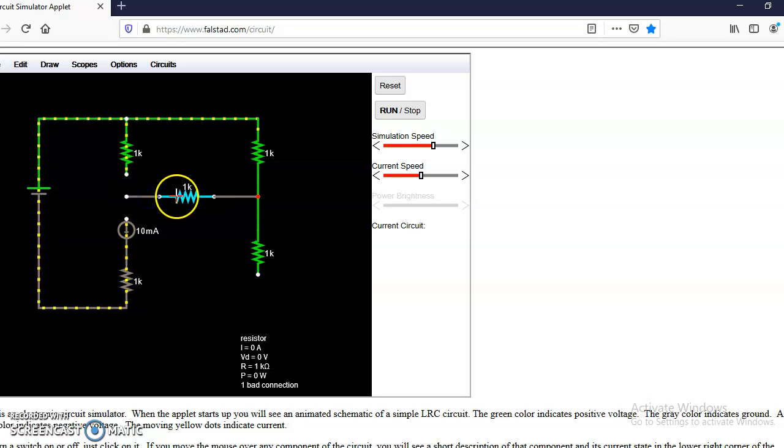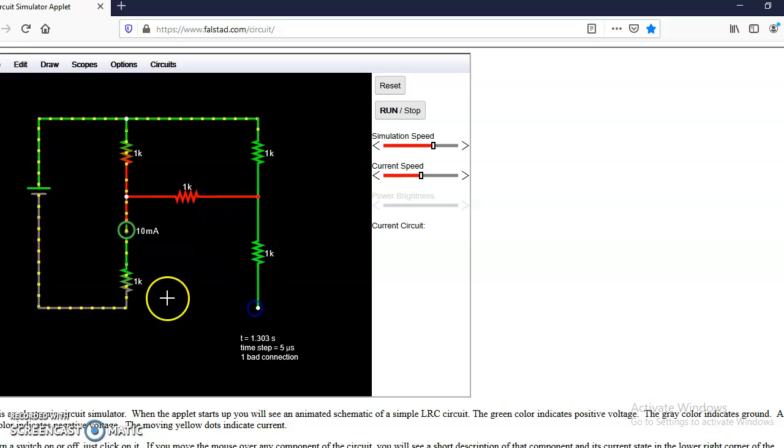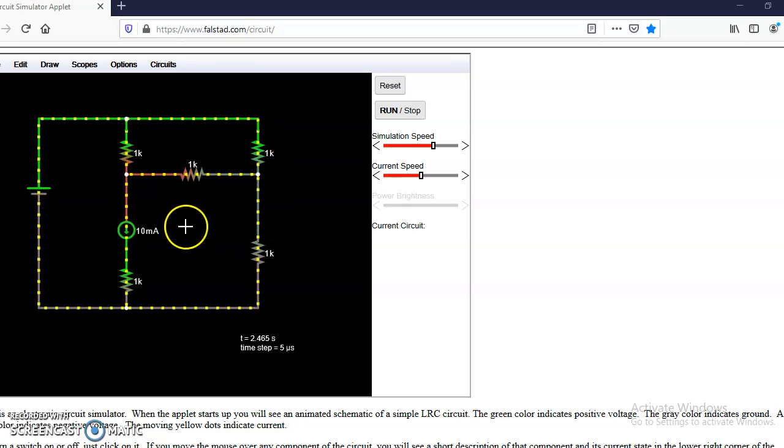Okay, delete this one. I have to add a wire over here. Might be these connections are wrong, so we'll recheck. Okay, in this way we have completed the circuit.